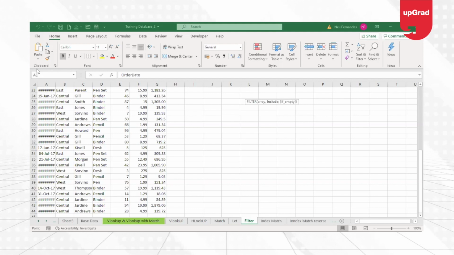I'm going to check in the representative column if it is equal to the representative name which is given in this cell. If this is empty, that means if I don't find Jones in this, then what do I want? Do I not want to give anything? That means it will just give you blank data, nothing at all. Or do you want something to be shown? So I'm going to say I want to see no records found, or just say no records or no data. Whatever you feel like showing, you can put it in the last argument, which is if empty. Close the bracket, enter.